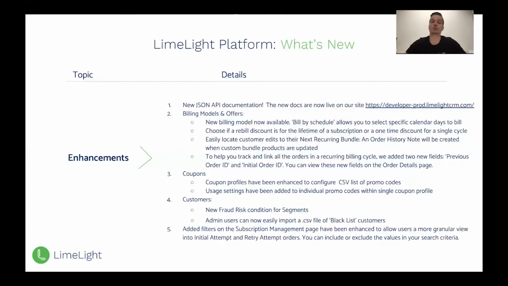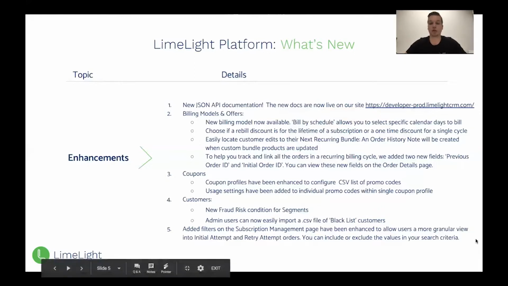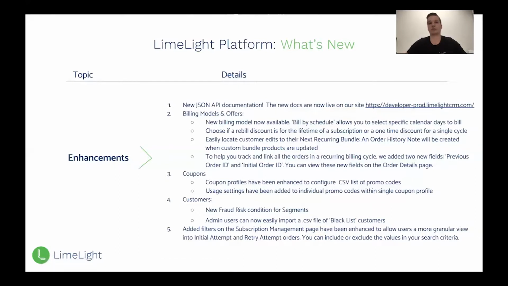On our subscription management page, we've added filters that allow you to get a more granular view of an initial attempt versus a retry attempt. And when I say initial attempt, I mean the first attempt to capture payment. So on a recurring billing scenario, it would be that date when it naturally tried to rebill. And if it was declined or approved, you'll be able to see that forecasted amount of those natural rebill attempts